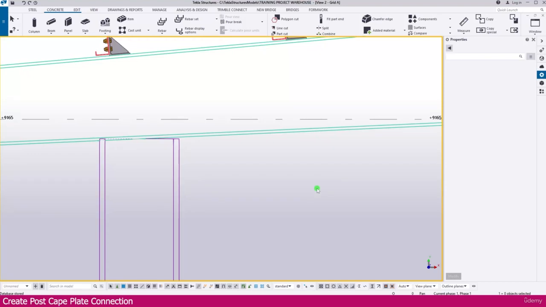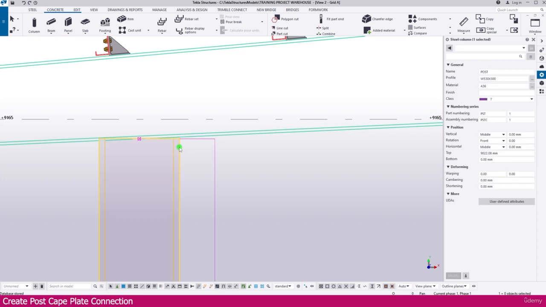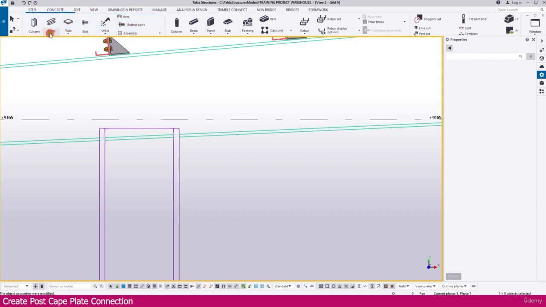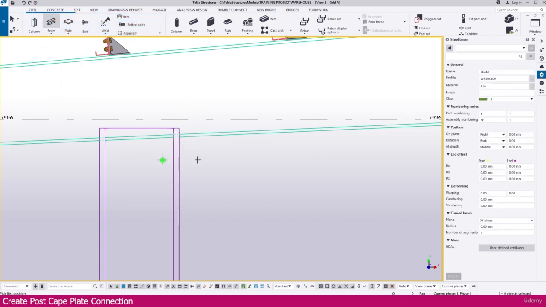Create post cap plate connection. Select this post, then go to the properties. I just increase this level slightly, like this. Then I go to the steel, select here beam, then make it here plate or cap plate,